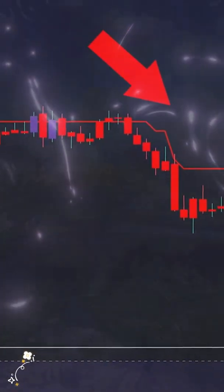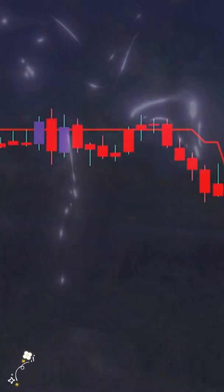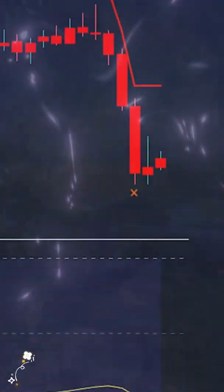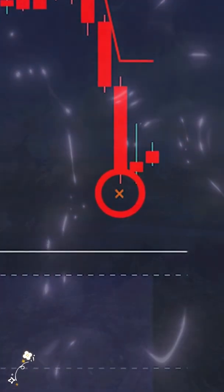You can also bet on a move down in the market. For example, you could enter once the price retests the trend catcher and then exit once you get a blue or red exit signal from the main